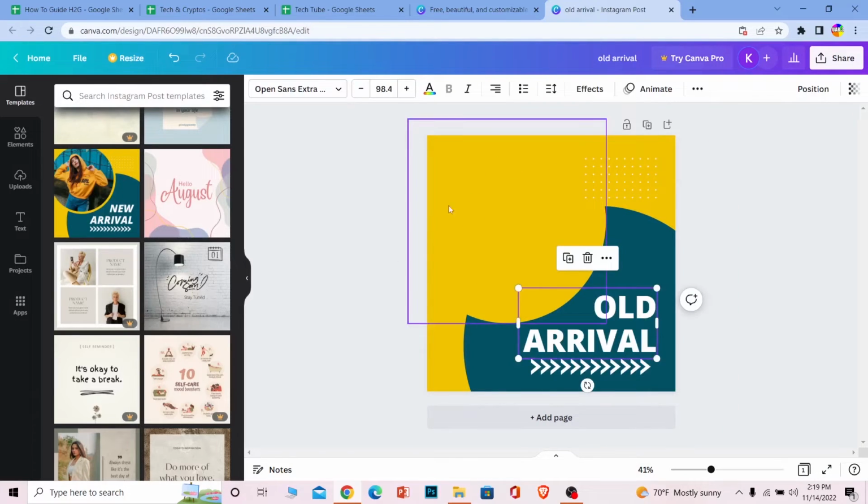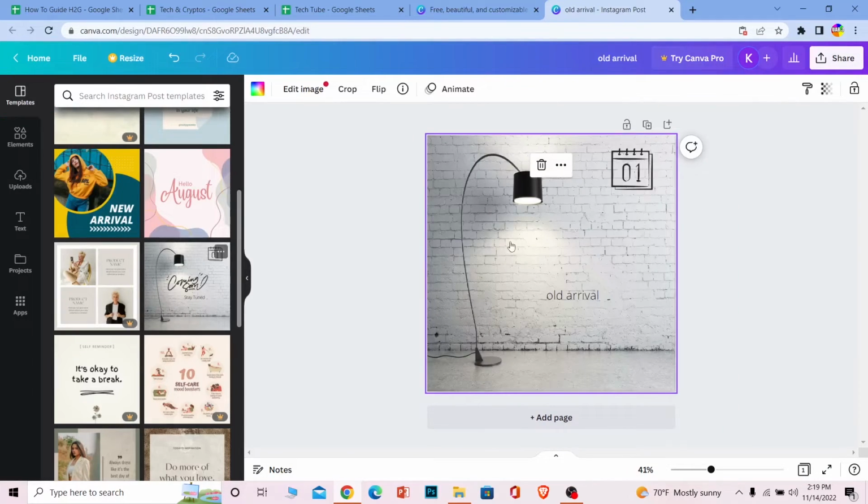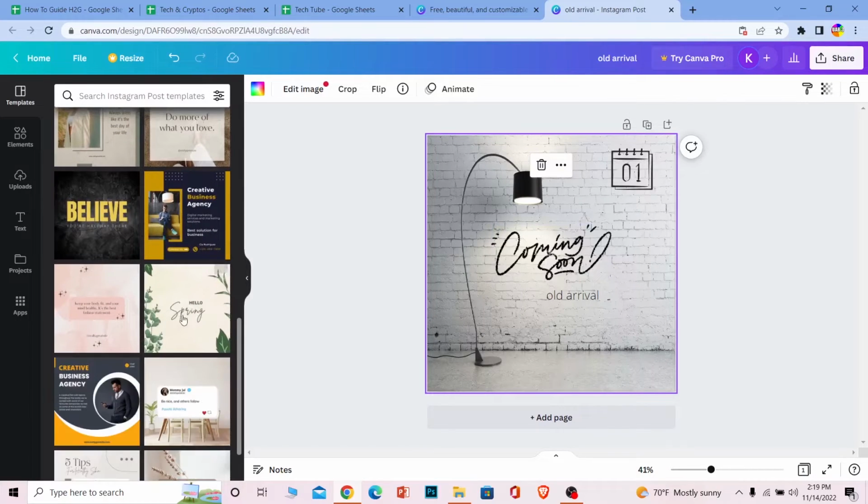Now everything over here is customizable. Alright, you can choose a different template over here as well. There's tons of templates. Choose the one which you like, and after you edit everything and make the design you want,